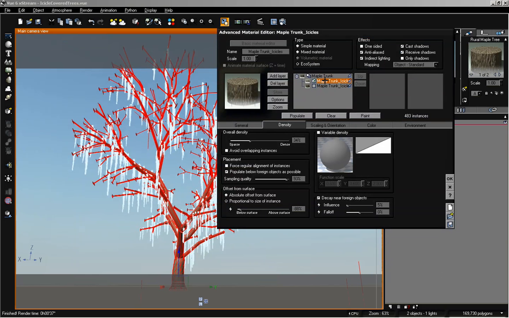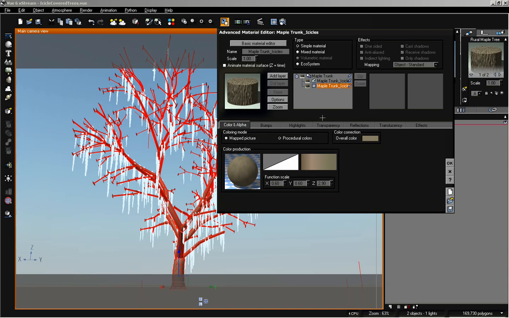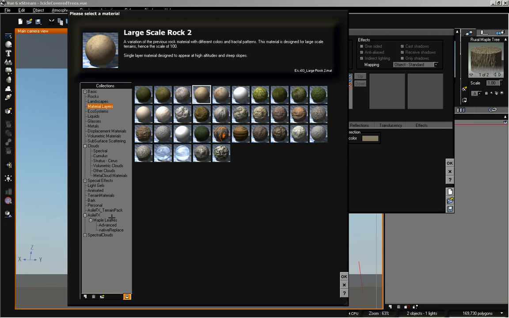We're also going to be modifying the texture we have on this bark to make it look more realistic. I'm going to go back to that below surface amount and repopulate to make that more realistic looking. And now if we select our underlying material, which is our bottom layer in the original surface, I'm just going to load in one of the asileFX bark textures,